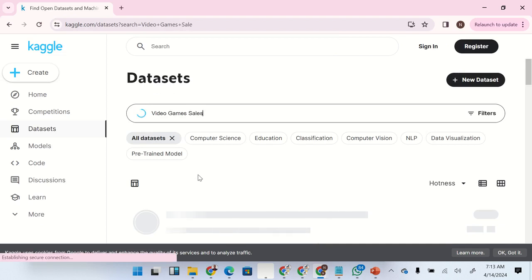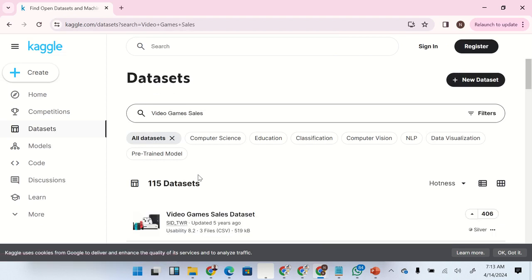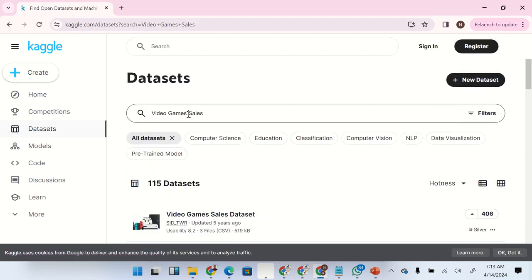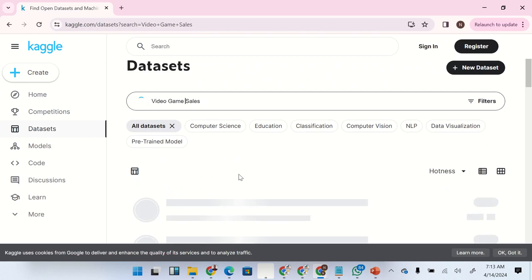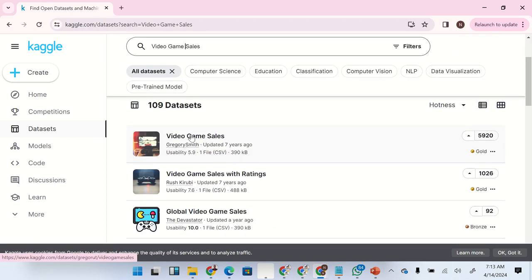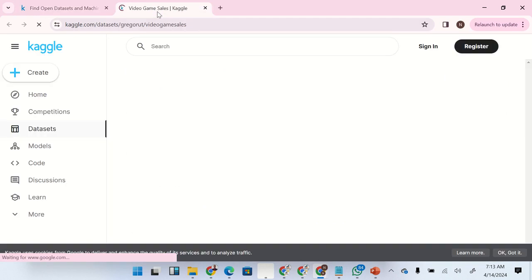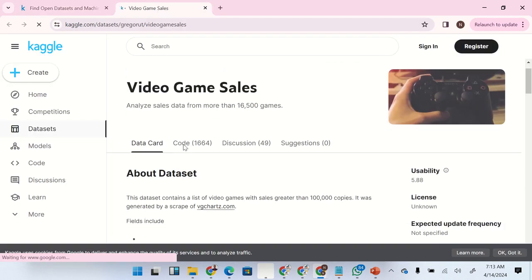So I want us to work on a data set on game sales. When you come here and find the data sets on video game sales, I think here is the data set of interest. I'll open this, and then when I come over to the data sets, video game sales, I have, all right,